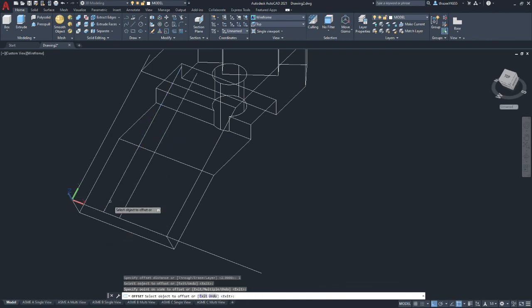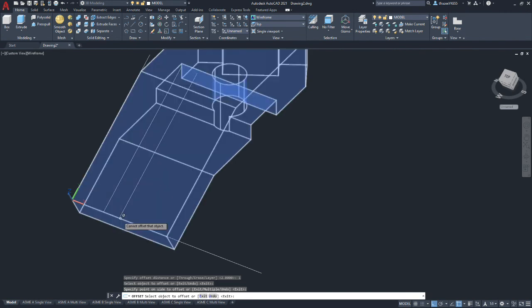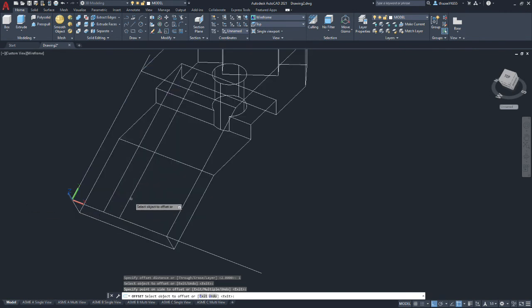So this is the edge of the dovetail, this is the center line of the dovetail, and then we'll use this center line to mirror 1/2. Okay, now we're going to go back into the offset command, and we need to offset in 1.94, which is the height of the dovetail feature. And now we're ready to draw a line.